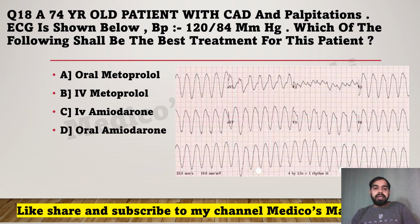A 74-year-old patient with CAD and palpitation, ECG is shown below. BP is 120 per 84 mmHg. Which of the following shall be the best treatment for this patient? So my dear friends, this given condition is stable ventricular tachycardia. What is this condition the examiner has given? Stable ventricular tachycardia. And generally, if stable ventricular tachycardia is present with heart problem, then you will use here IV